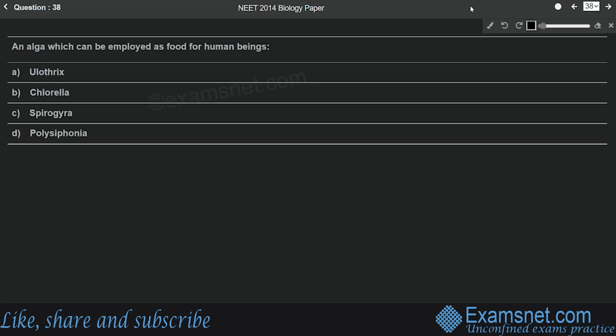Question number 38 is from the chapter Plant Kingdom, and the question is: an alga which can be employed as food for human beings. Options are Oedogonium, Chlorella, Spirogyra and Polysiphonia. So the correct answer is option B, that is Chlorella. As we know that it is a green alga, that means it belongs to Chlorophyceae, right? And since it is rich in proteins,